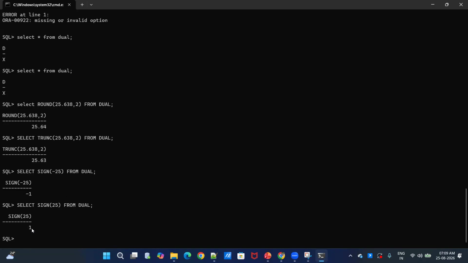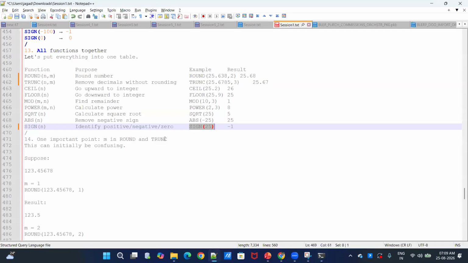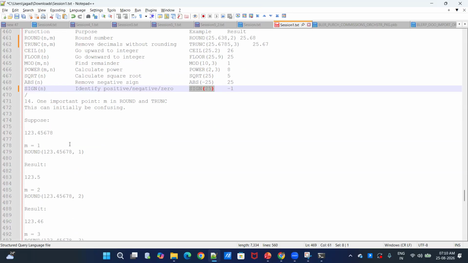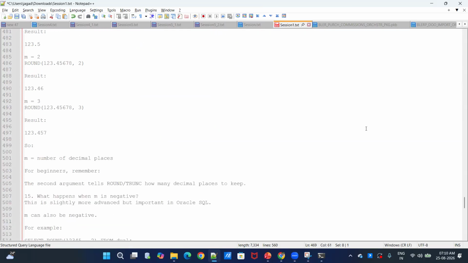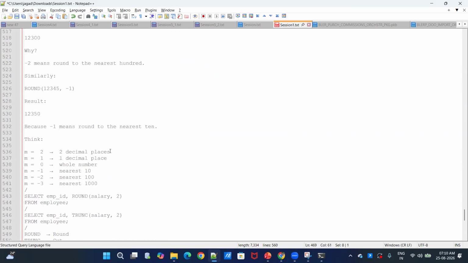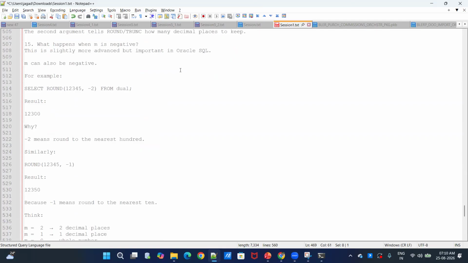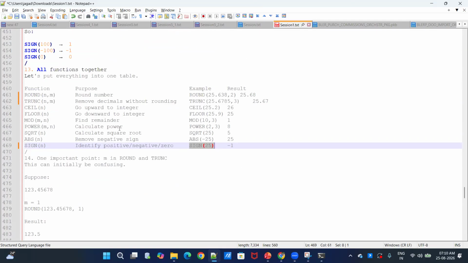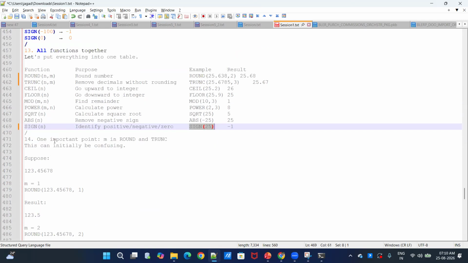It will return the positive value. So this is the usage of number functions actually. Okay, so it is very simple. I'll share this one. Go through these notes. These are the high level functions we use: round, trunk, ceil, floor, mod, absolute, and